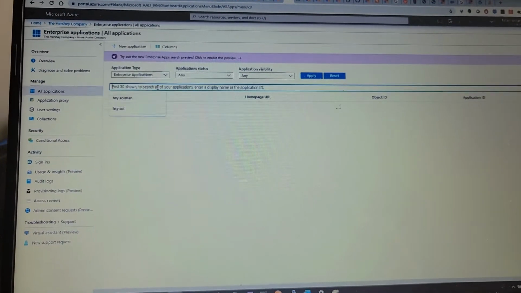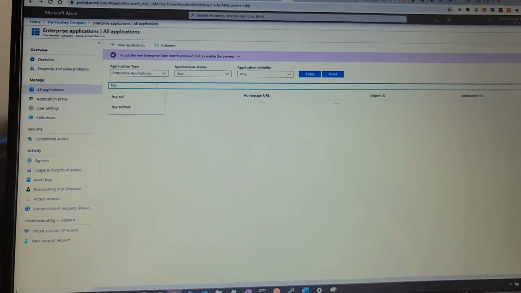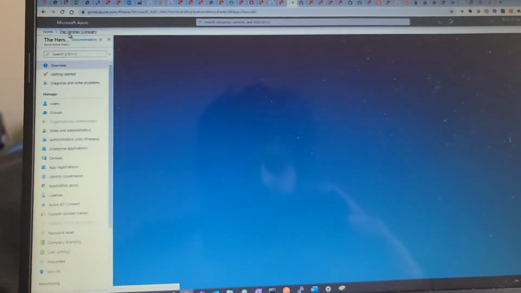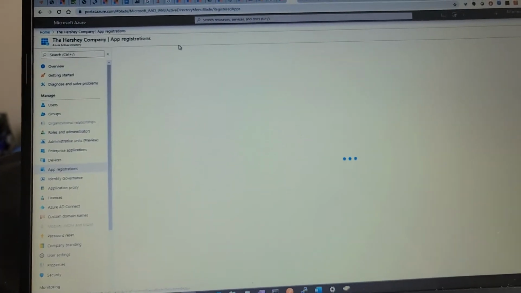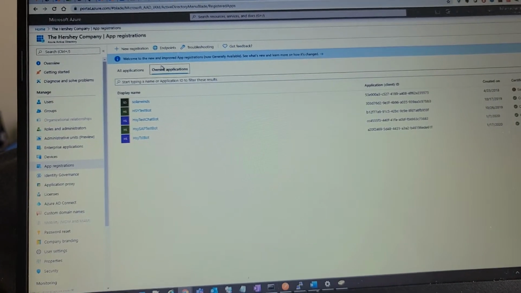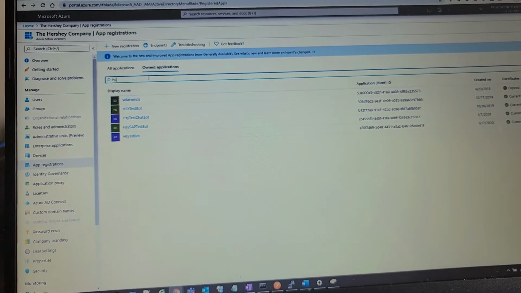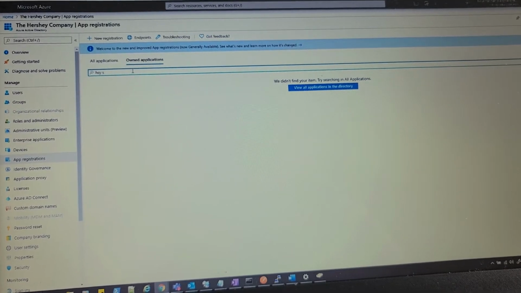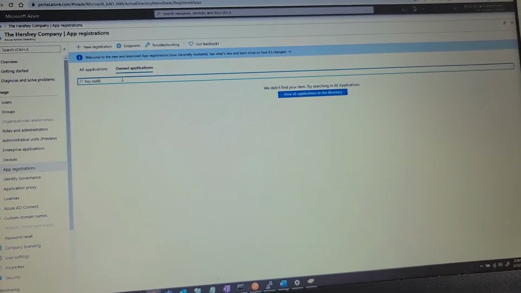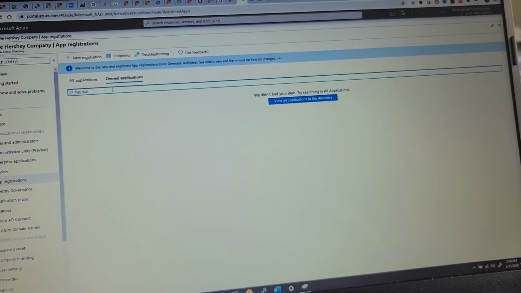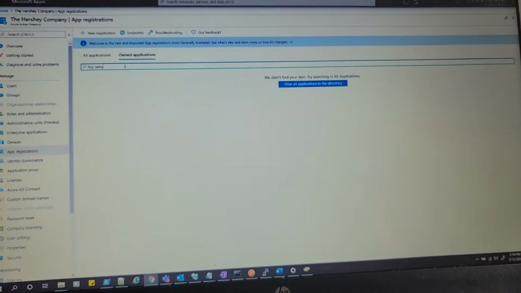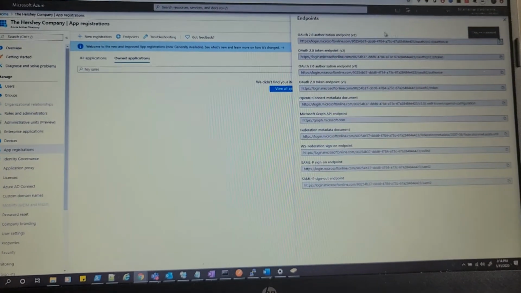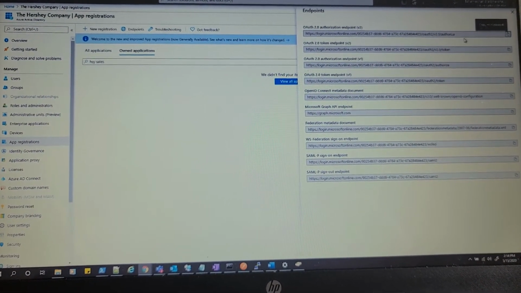And actually, you might need to go to app registration. It's not enterprise app. App registrations and enterprise apps are technically two different things. I don't know how much you're familiar with their app model. Click on endpoints at the top. There's an endpoints button at the top. And then grab the